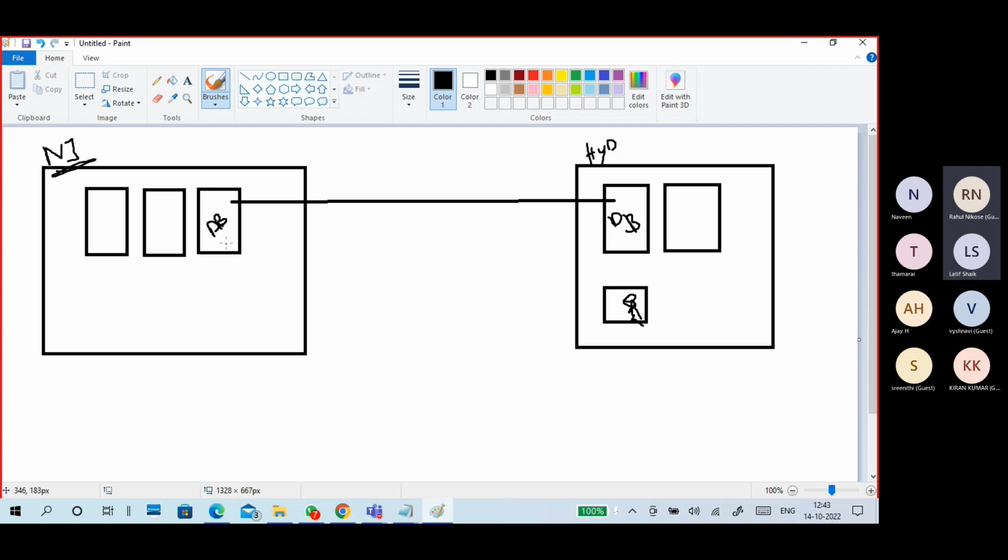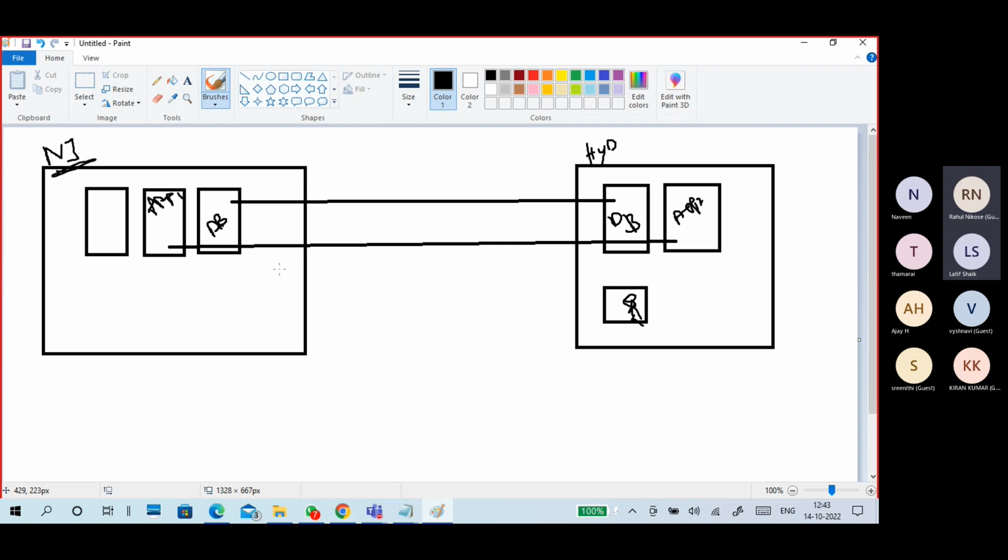You need a connection, meaning one application is running here and the corresponding application is running here. They coordinate, connecting and getting a service like that.